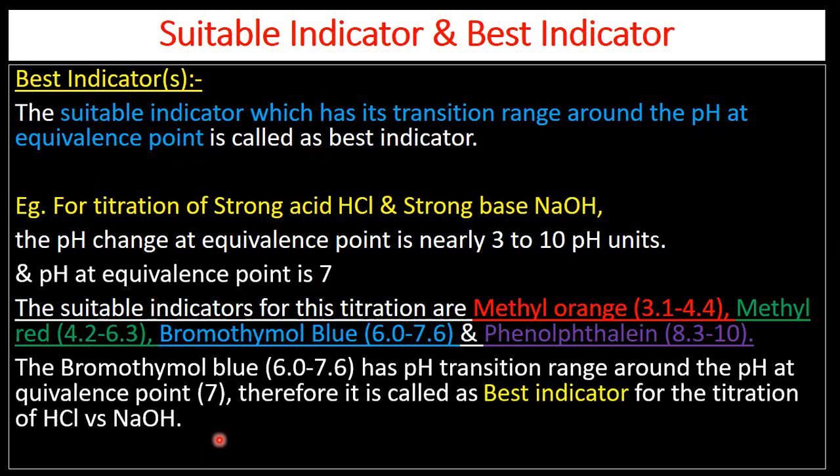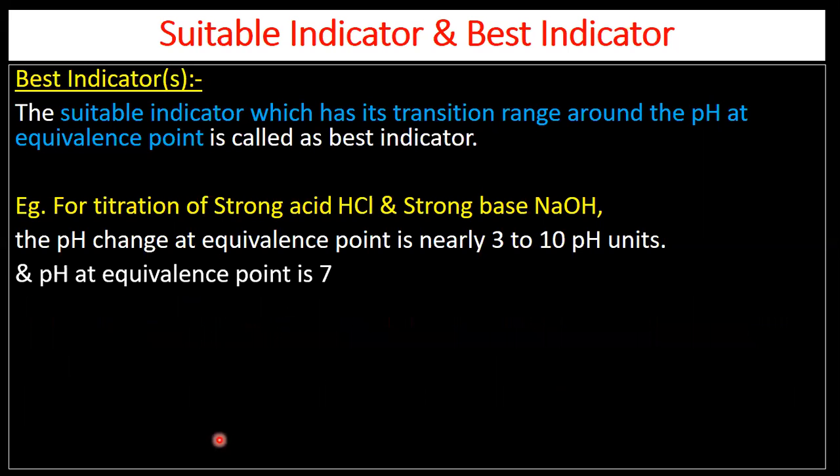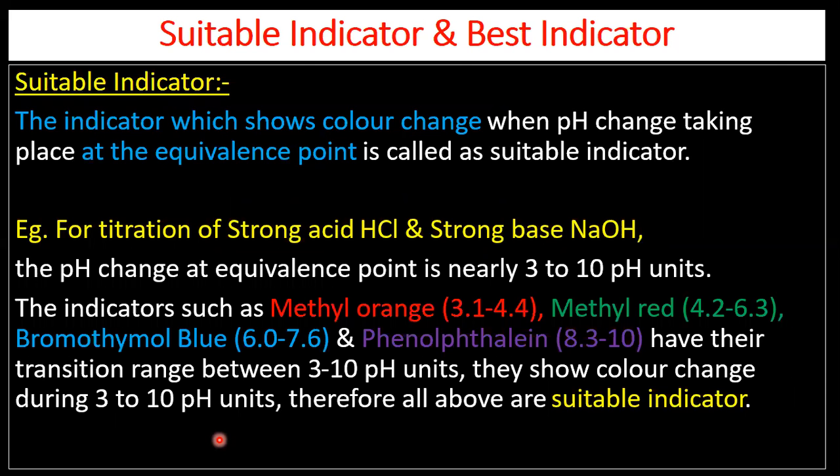Okay, so if a question is asked, define or explain suitable indicator and best indicator, in that case you need to explain this. What is a suitable indicator? The indicator which shows color change when the pH change is taking place at the equivalence point is